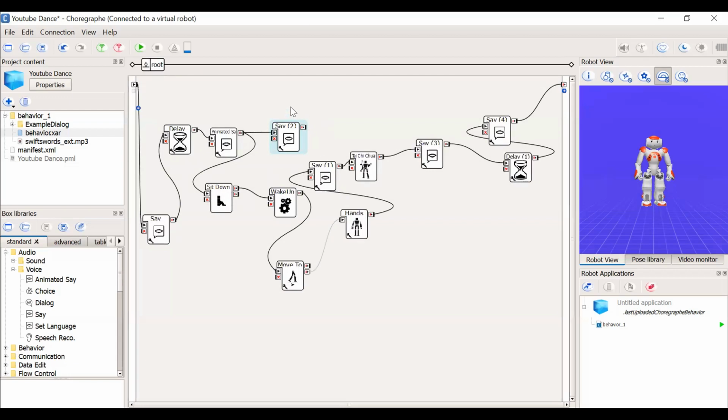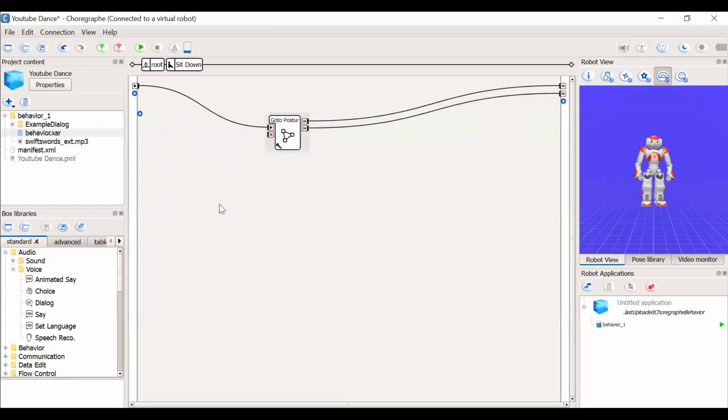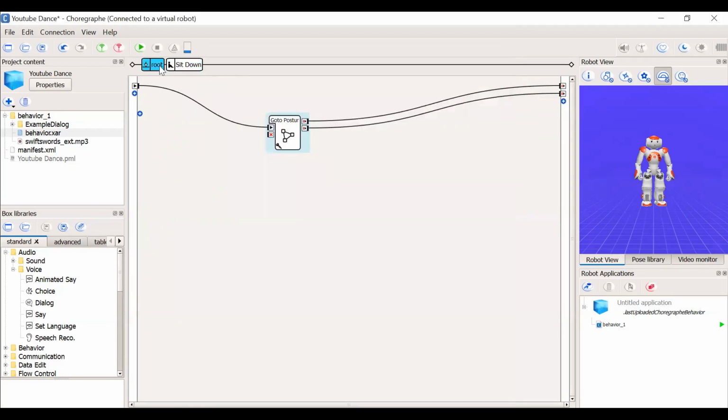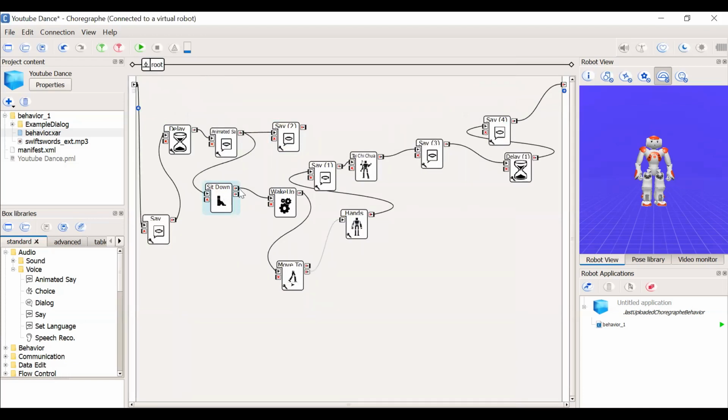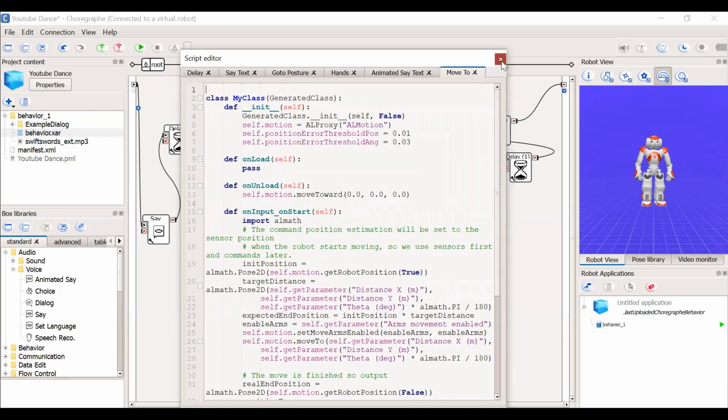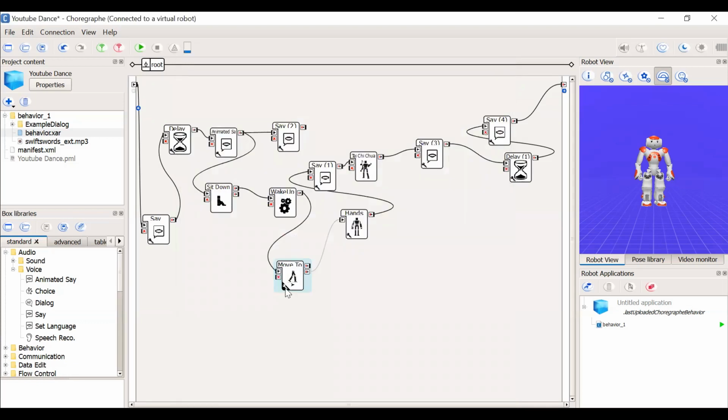Once this say box is executed, it doesn't have any output, so it just executes and then stops. However, for this line, you can see that it will start executing the sit down box, which we have seen previously, and it's basically a similar kind of Python code. Once it sits down, it then wakes up similarly, and then it will move to the next block called the move to block. In the move to box, it's basically another big function or class with functions inside, and we can actually click this corner